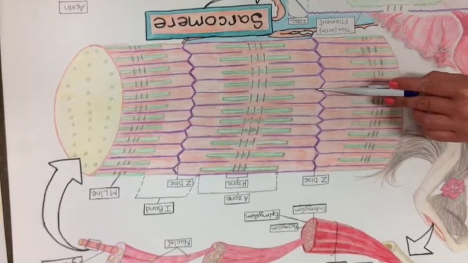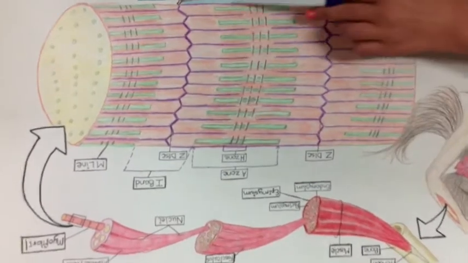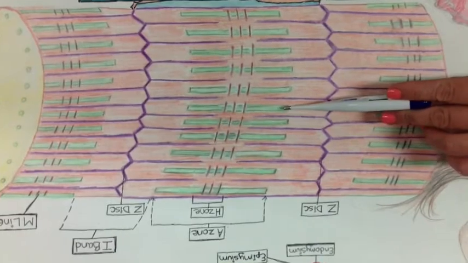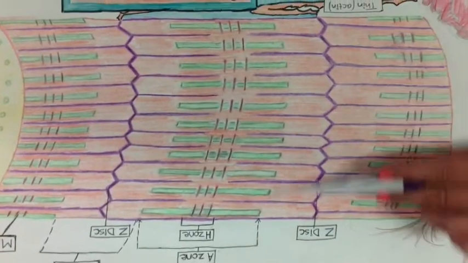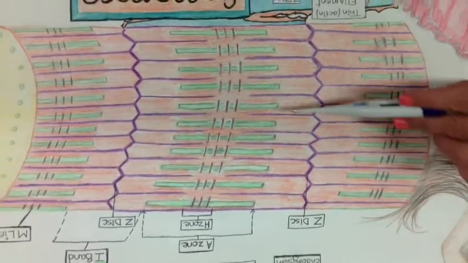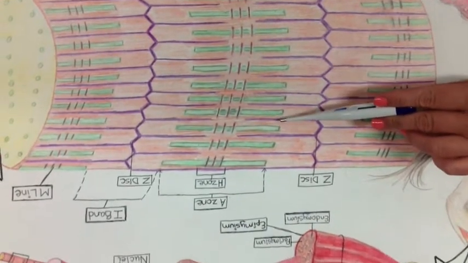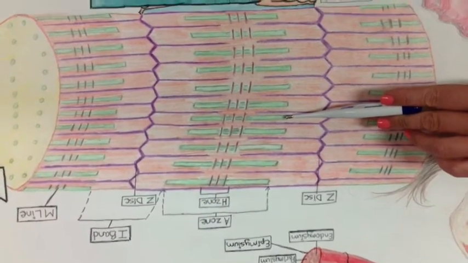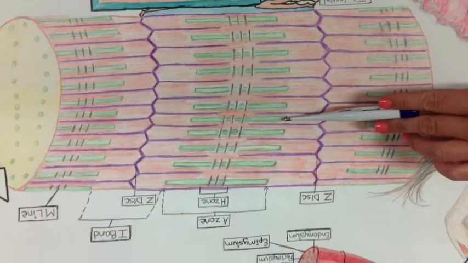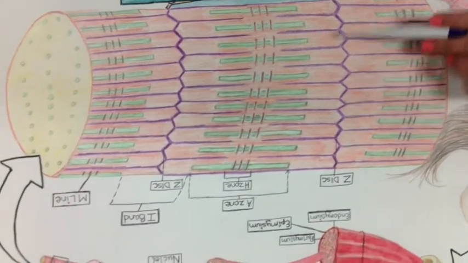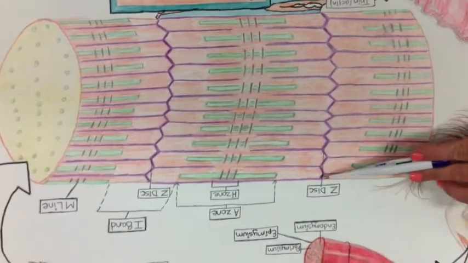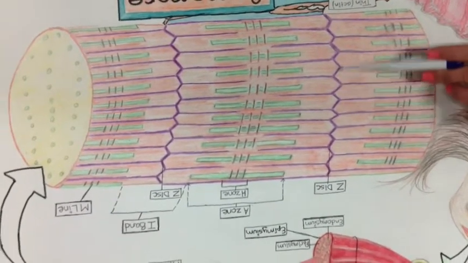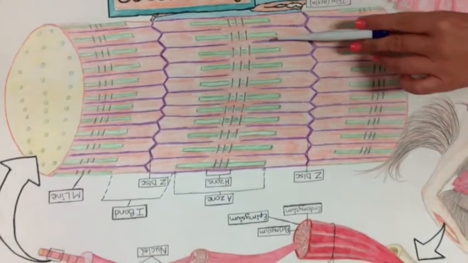The A zone, where the myosin or thick filaments are stationary and overlap the thin filaments, thus creating the striated appearance of skeletal muscle. The A band remains relatively constant in length during contraction, while other regions of the sarcomere are shortened. The I band, containing actin, changes its length along with the sarcomere. Because actin is tethered to Z discs, any shortening of the actin filament ends in a shortening of the sarcomere,